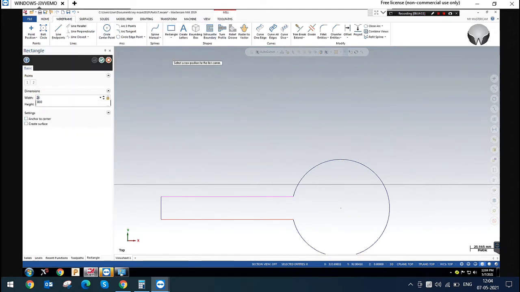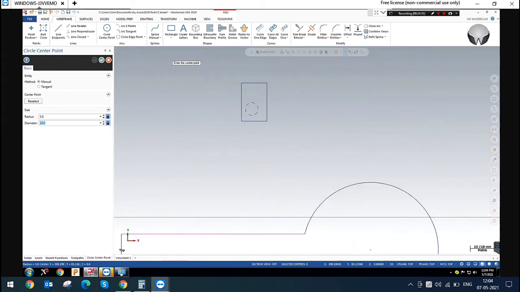Yes, 20 comma 30. This is my rectangle. So my tool is 10 mm. Okay. So you can see this. This is a small area and my tool is a large tool, right? Yes, brother. This is a small area and my tool is a large tool for this area right now. Yes, so I need to run this area with this tool.